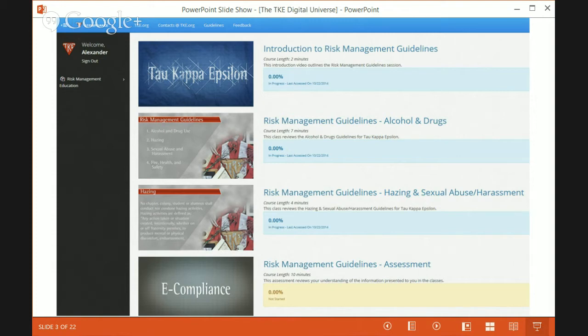It's the beginning of our e-learning systems and our e-learning platforms, and over the next 6 to 12 to 18 months, you will see a lot more going into an online learning environment. We are very proud that over 98% of our collegiates actually completed the risk management e-compliance training in 30 days. That was the requirement set by Donnie this past fall, to have everybody complete that by the middle of October, and 98% of our collegiates did.